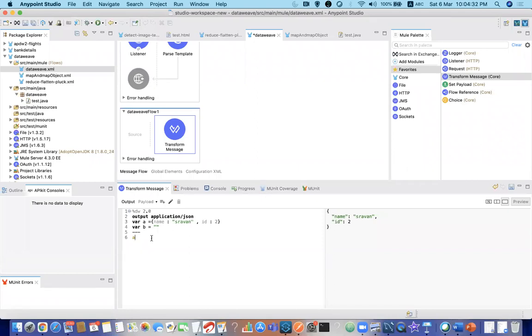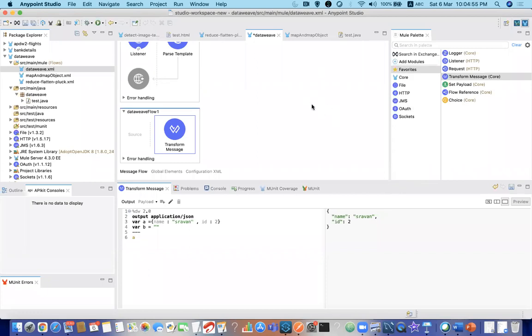Shravan, I have a question here on this DWL. One second, Tushar. Shravan, if we have very specific technical questions, maybe we can take them at the end. If we have questions related to DataWeave only, we can capture them here, during the presentation. Yeah, sure. Tushar, you can go ahead.